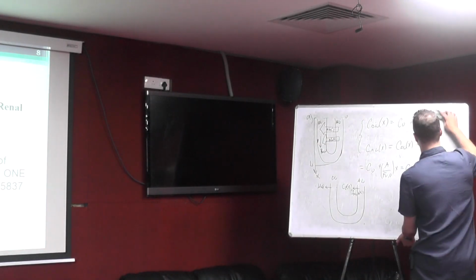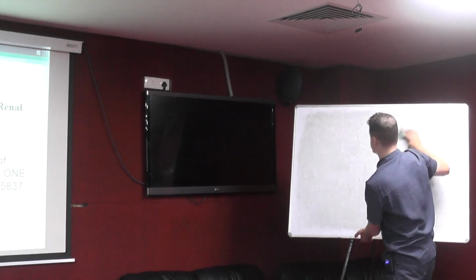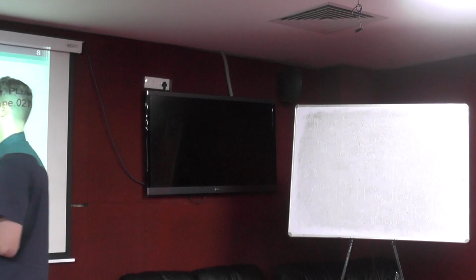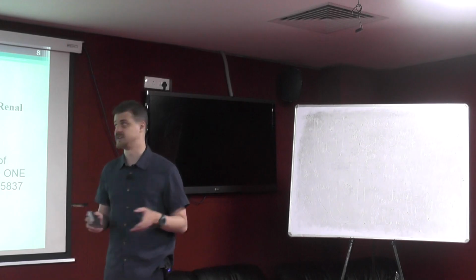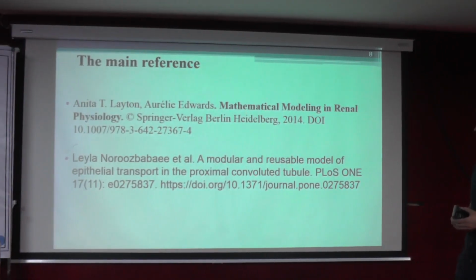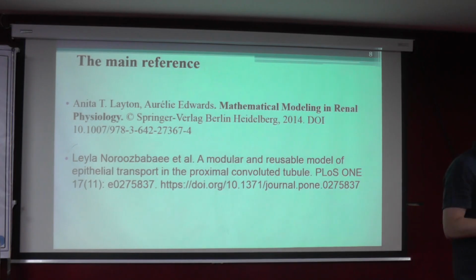Considering that it's a huge topic, I will reference the book Mathematical Modeling in Renal Physiology by Anita Layton, and a very detailed article about a model of transendothelial transport in the proximal convoluted tubule. That's a very good and thorough explanation of what mathematical problems should be solved in order to understand what happens in a native nephron. And in my opinion, it's a good start